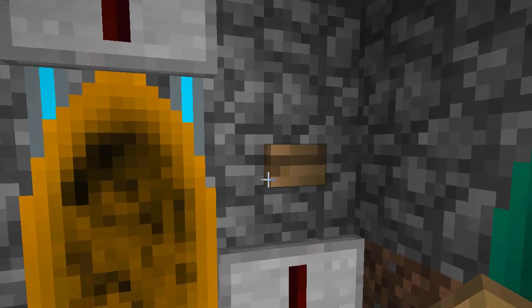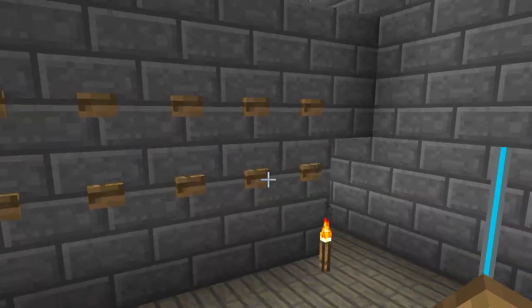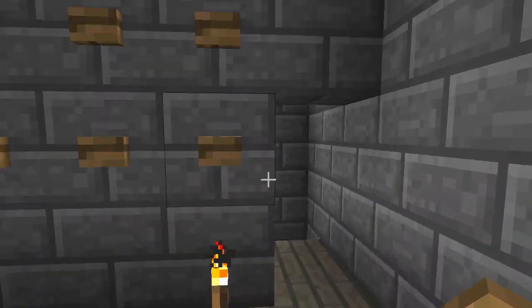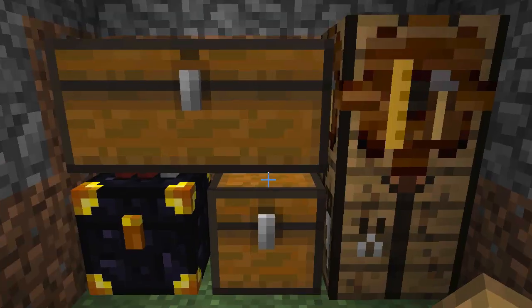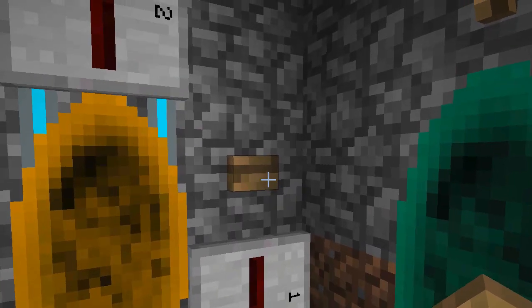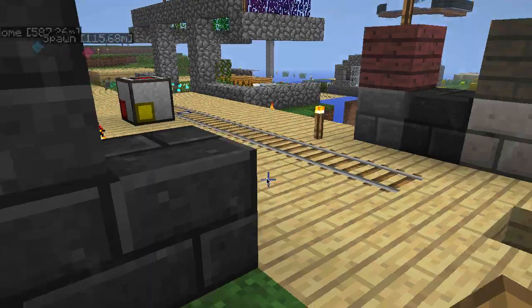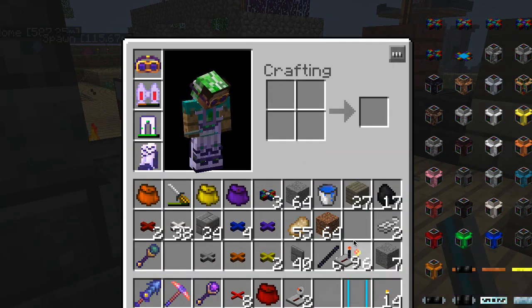Okay, so now when I push this button, I should be able to walk through and find myself in the hub. Ta-da! And if I push this button, I should be able to go back. Haha! Victory! Success is mine. Okay. Just like that. Piece of cake, nice and easy. Now to test a second